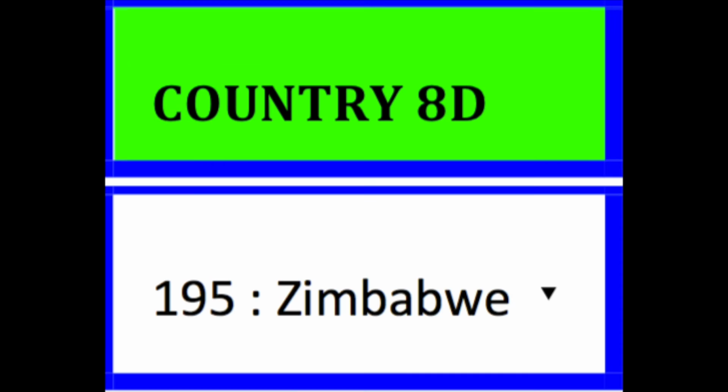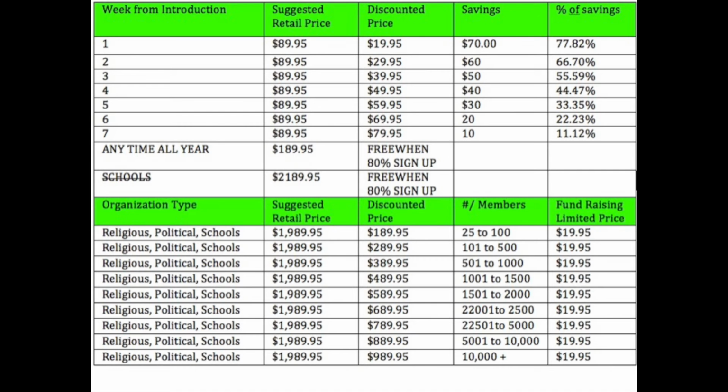The following table depicts the pricing schedule for the CDFG directory, 2 to 4 week access, as you get further away from the introduction date. If you wish to acquire access to the CDFG directory by paying the low price of $19.95, check the box in box 9B. If you are planning to attend graduate school, law school, or medical school after graduation from undergraduate school, check the box in box 9E.